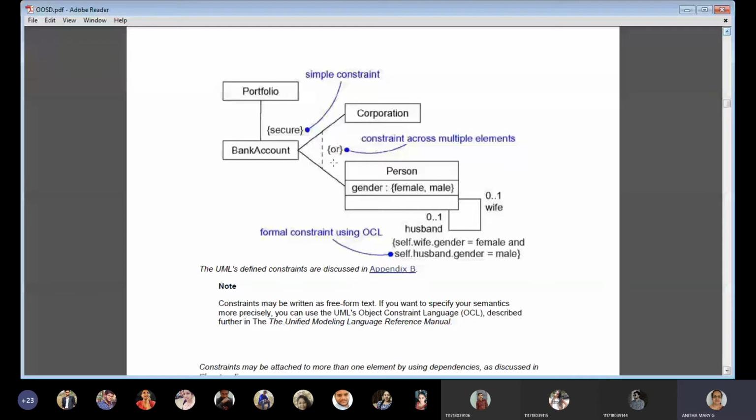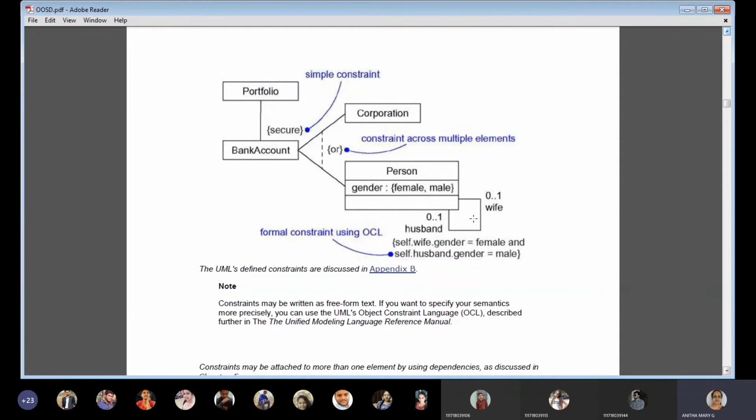And this "or" we call a constraint across multiple elements. Either they may have this account or the personal account. So this "or" becomes a constraint across multiple elements. Moving on to the next one, the personal account. The property of a person, gender, can be either male or female.